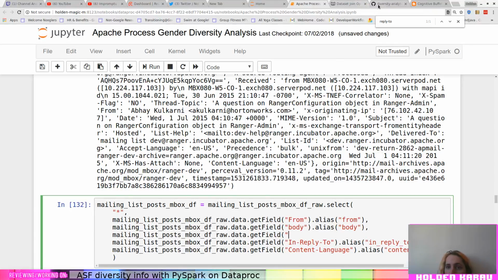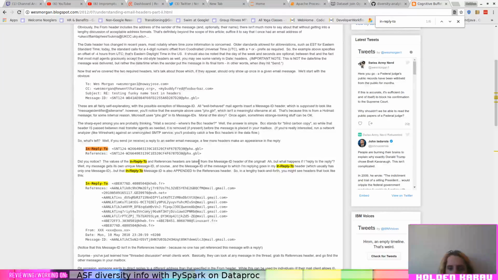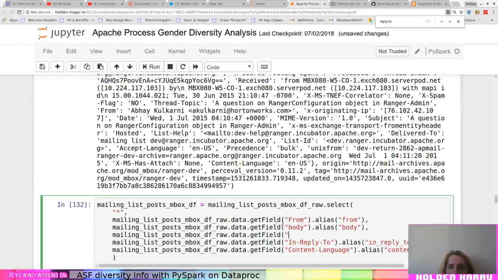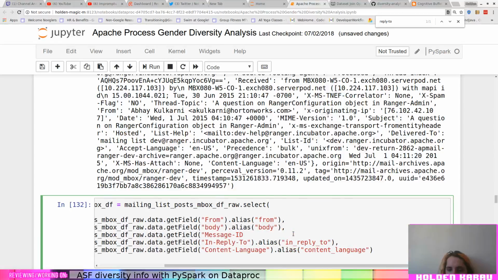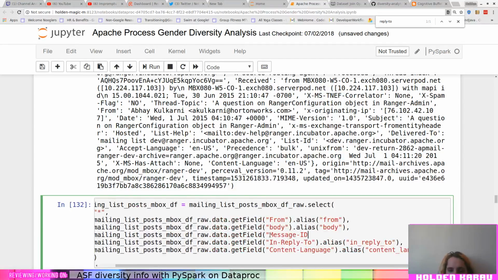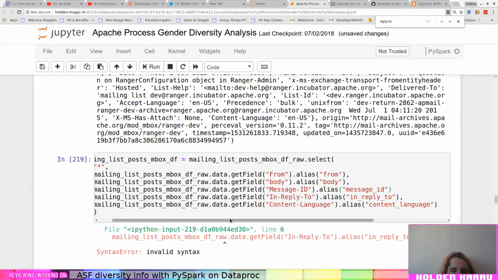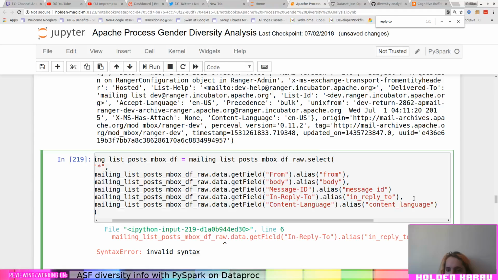The other one, which one was message ID called? Okay, it's probably called message-id. Dot alias message ID. Okay, cool. Okay, I forgot a comma.